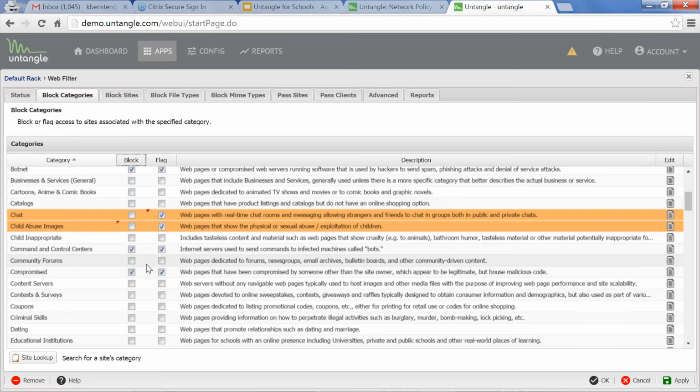But maybe there are streaming videos or BitTorrents or getting on Facebook more than you think is actually happening, or using applications within those URLs to compromise your network. You really don't want to block those things up front. You really want to flag them so that you can be effective and efficient in terms of your network functionality and configurations. Flagging allows you to do that.